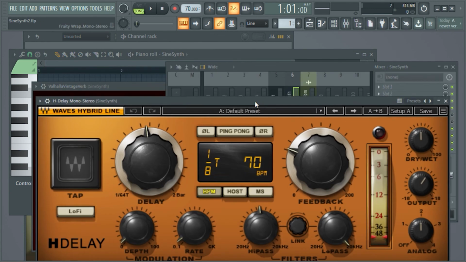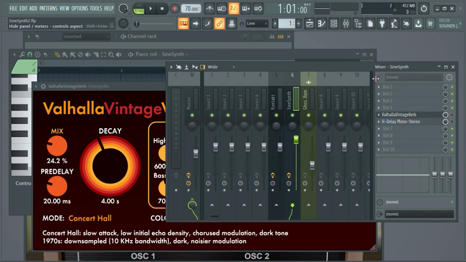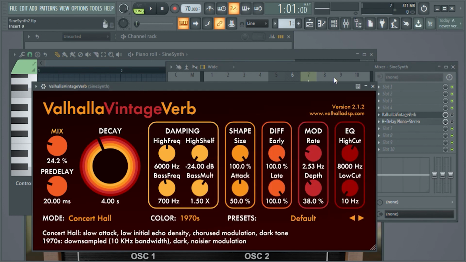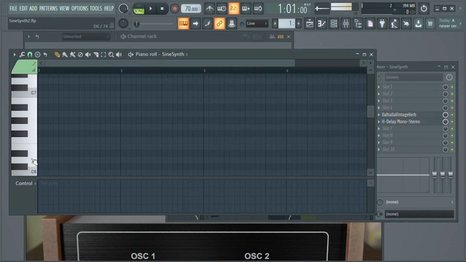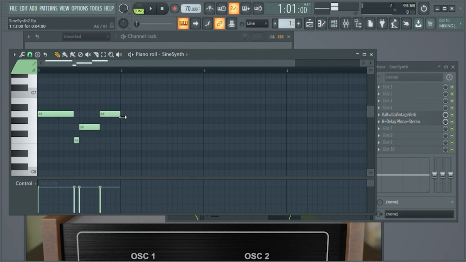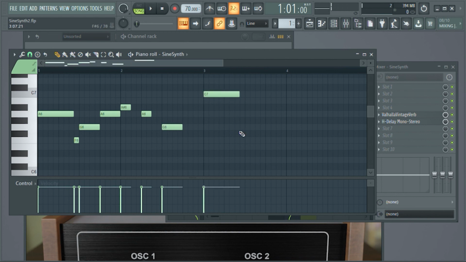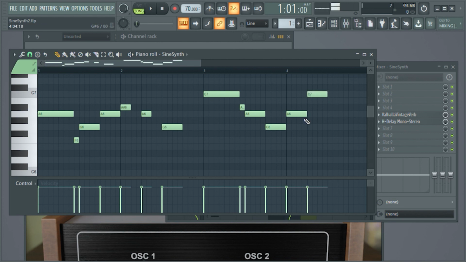Apply delay and reverb effects. Play a melody phrase.